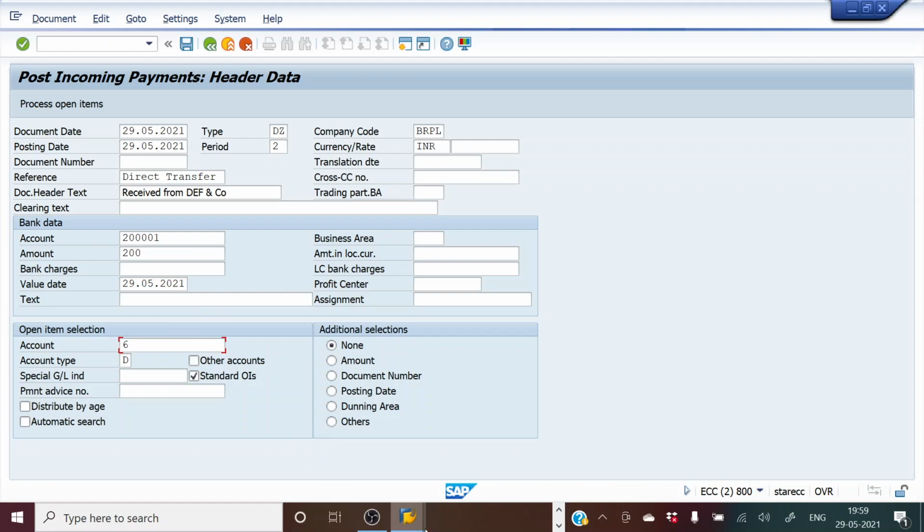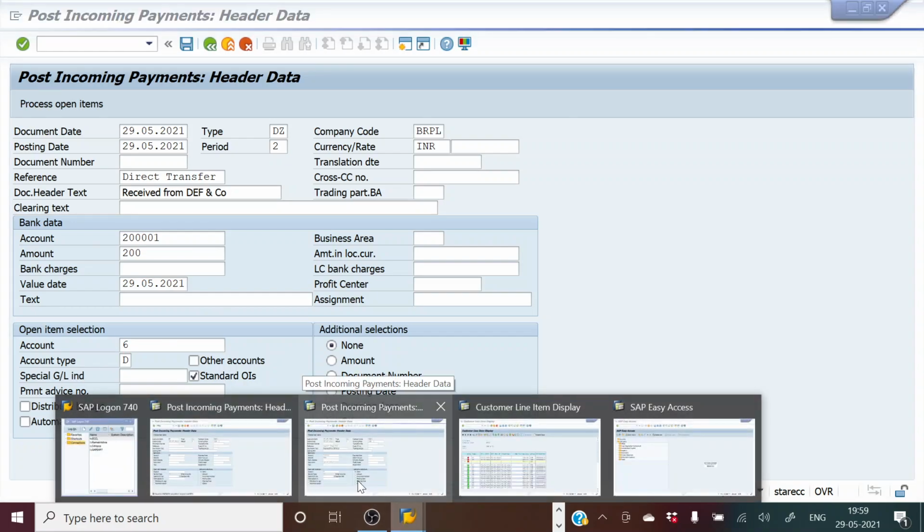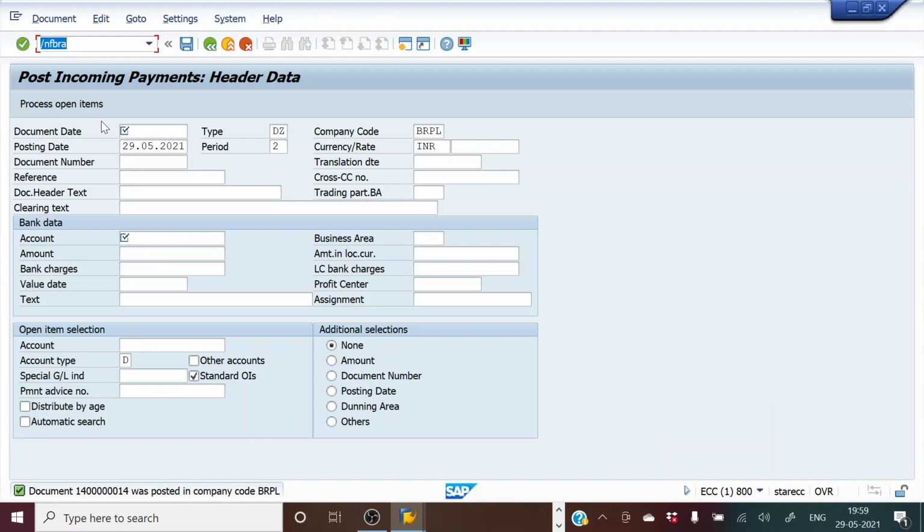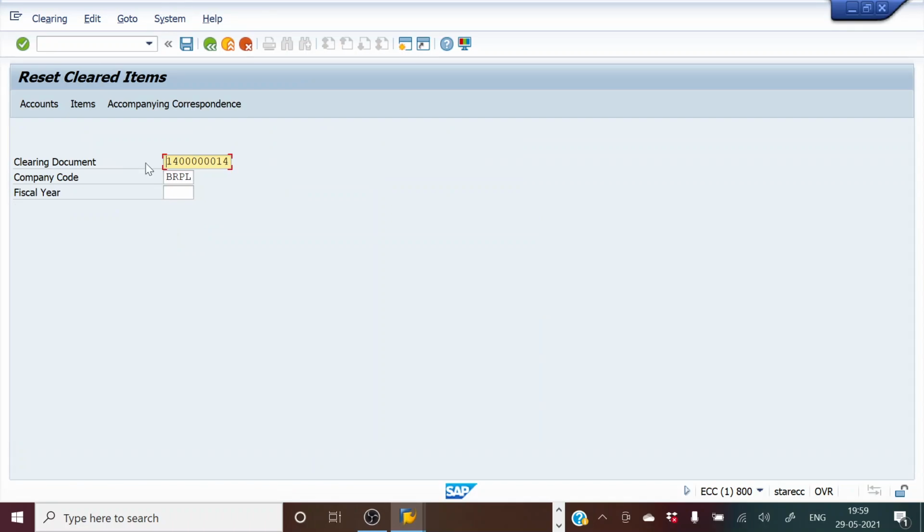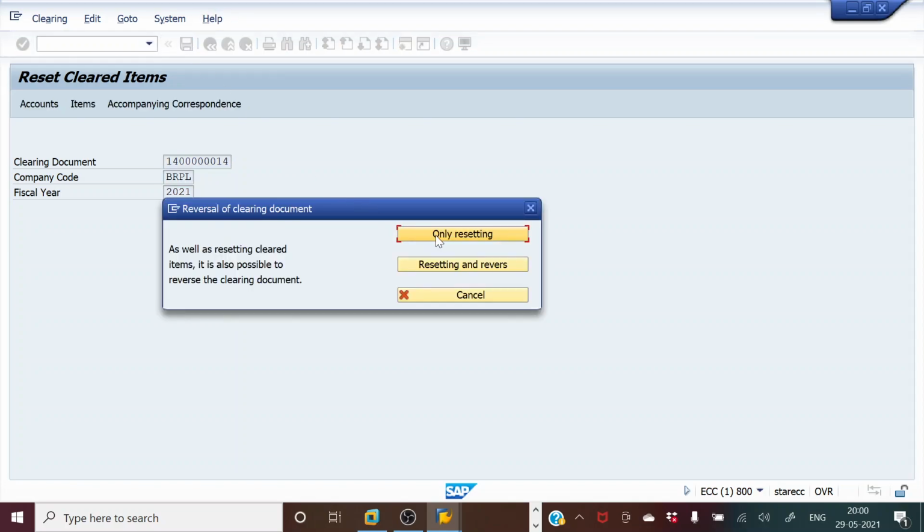Oh, this is the screen that has hung. So I should go to /n FBRA, and I should take this 14. See, this 14 is the one that needs to be cleared off. This is the wrong entry, right? I will hit enter, and I'll post, and I'll do only resetting.